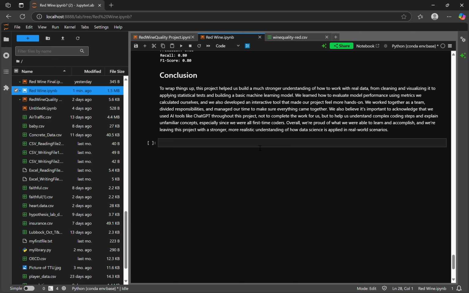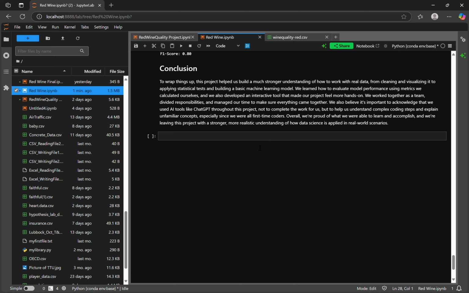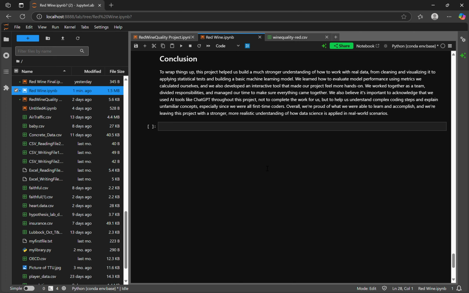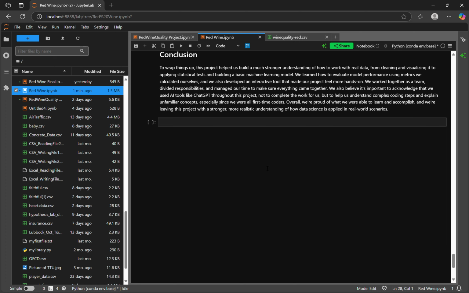We also believe it is important to acknowledge that we used AI tools like ChatGPT throughout this project, not to complete the work for us, but to help us understand complex coding steps and explain unfamiliar concepts, especially since we were first-time coders. Overall, we're proud of what we were able to learn and accomplish, and we're leaving this project with a stronger, more realistic understanding of how data